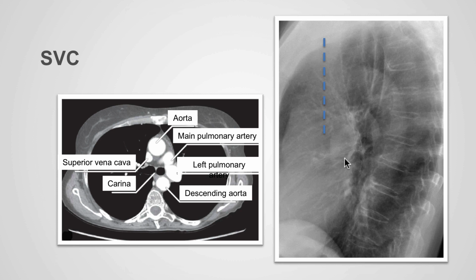Also important to understand where the superior vena cava lies on the lateral X-ray. If we look at the CT examination, we can identify the superior vena cava lying anterior to the carina and the right mainstem bronchus. The superior vena cava also lies anterior to the right pulmonary artery. On the lateral X-ray, we can identify the trachea, we can identify the right pulmonary artery. We can now predict that the course of the superior vena cava would be from superior to inferior, anterior to